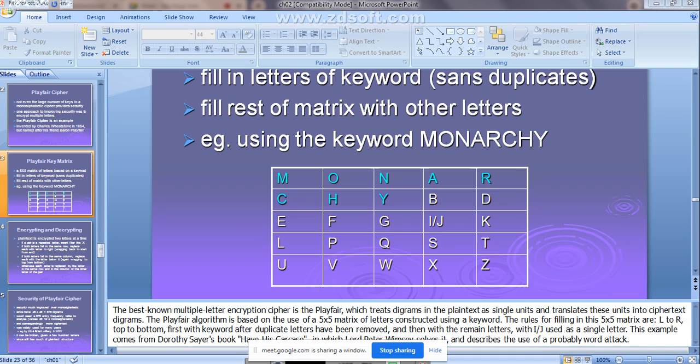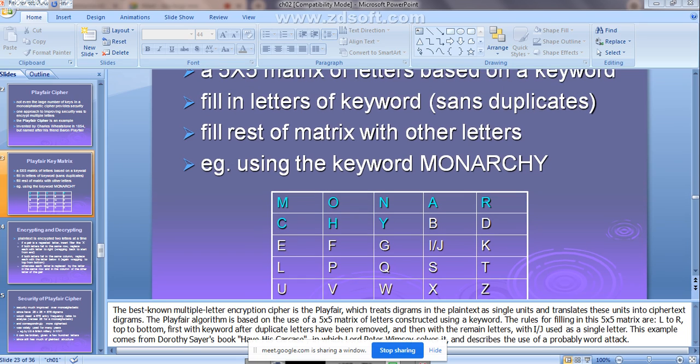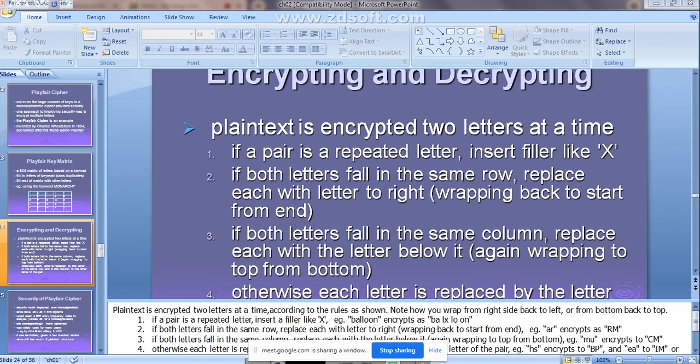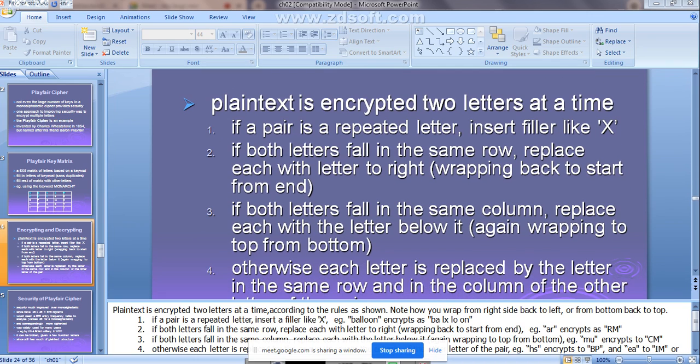E needs to be replaced with a letter that is lying in its own row. Own row means in A's column. You only need to consider column and rows, right? E needs to be replaced with either I or J, and A will be replaced by the character M. Correct? Am I correct? Yes, ma'am. Now, these four rules are used to convert or encrypt the plain text into the cipher text in case of a Playfair cipher. I hope it is clear, guys.